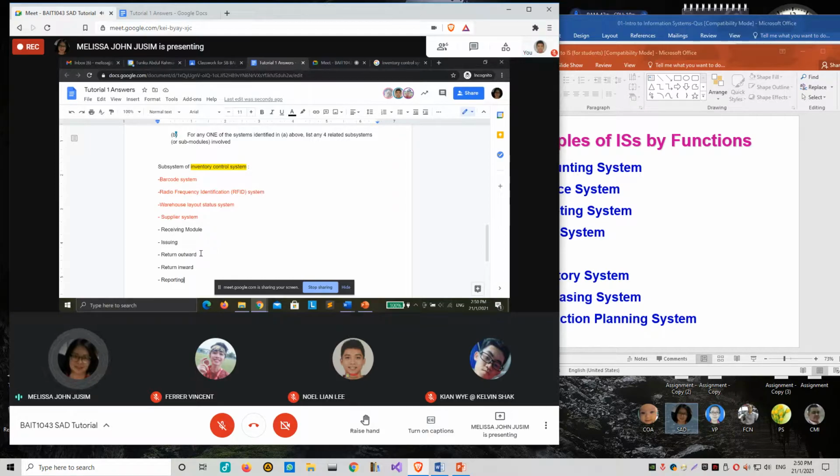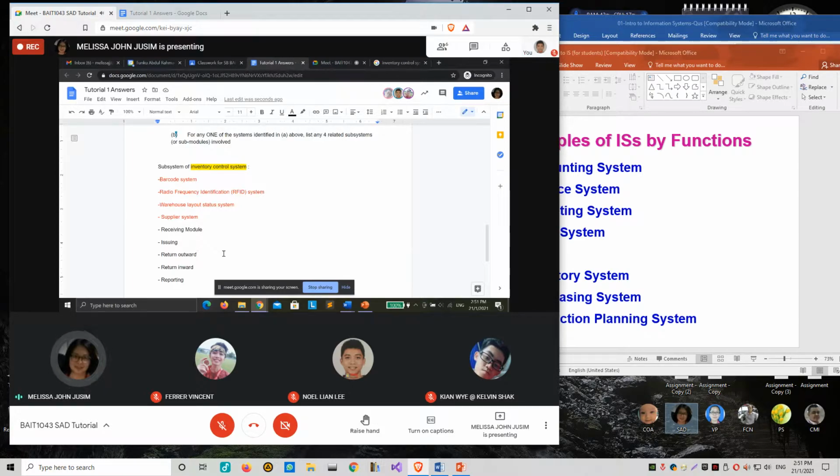I just cannot remember which one is which, the return outward and return inward. There are 2 types of return here, because one, if we purchase from a supplier, damaged goods will be returned to our supplier. Another one is the manufacturer sells to a wholesaler, but the wholesaler says, during the transportation, one box is damaged, so I'm returning one box to you.